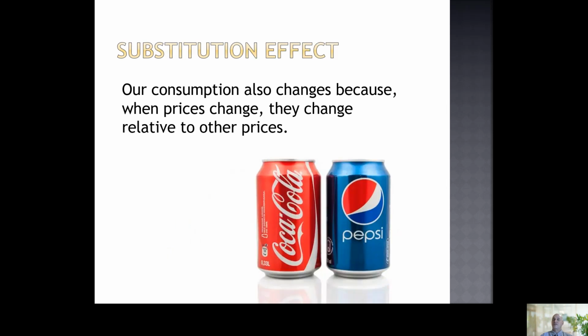There's also this thing called a substitution effect. Essentially, prices are fluctuating and changing relative to the prices of comparable goods. So when I go to the store and I see cookies and pretzels, and I say, oh, cookies cost $1.50 and pretzels cost $1. If the price of a cookie rises to $2, that now means it's twice as expensive as the pretzels were. So relative to each other, I might then make some choices to consume more pretzels than cookies because cookies are now twice as expensive relative to the pretzels.